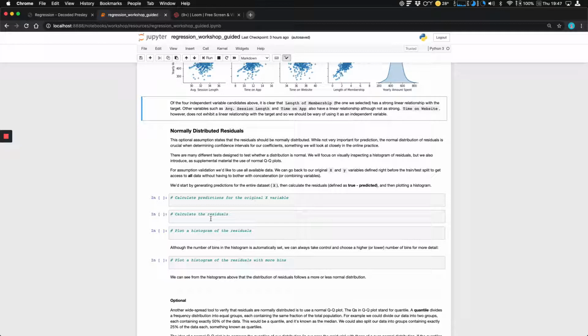First thing we need to note is that for validating these assumptions, it's okay to break away from the clear train test split that we've been following religiously, and we can use all of the data set to generate these residuals and validate these assumptions. So the first thing I'm going to do is generate predictions for all of the data available, which, if you remember, lives in our x variable. I'm going to call this preds_all, and I'm going to use our fitted linear regression model to predict